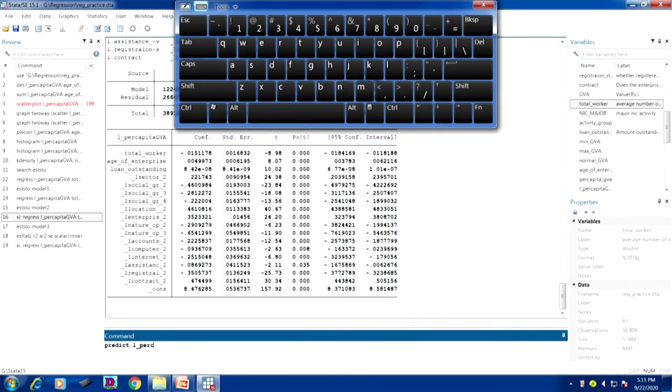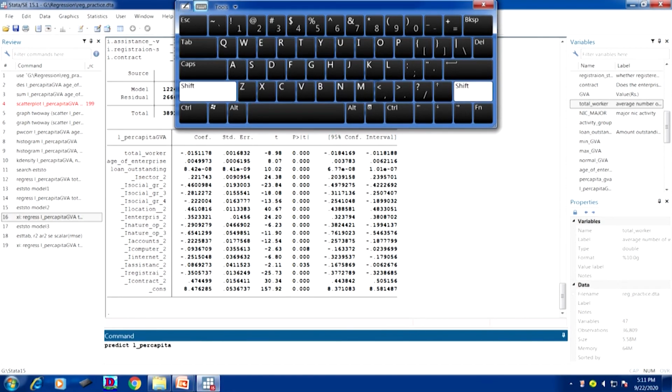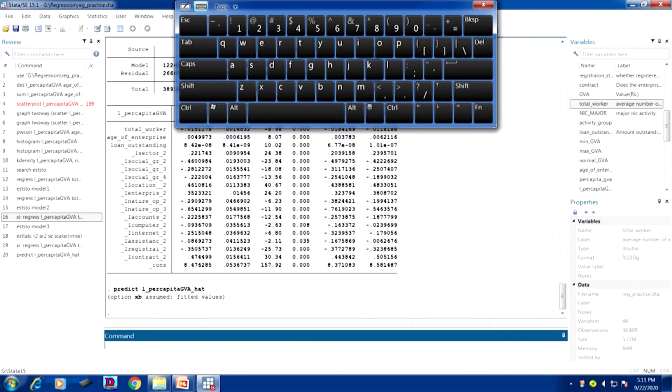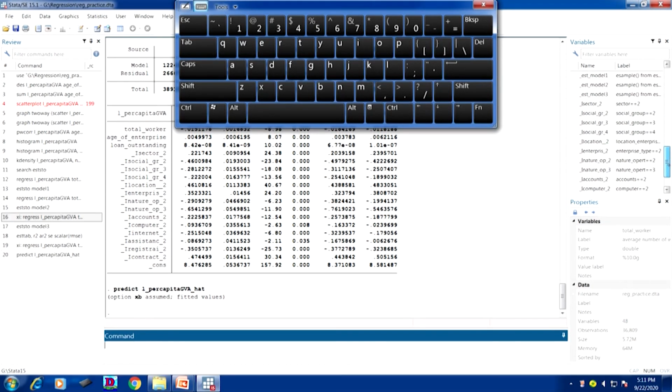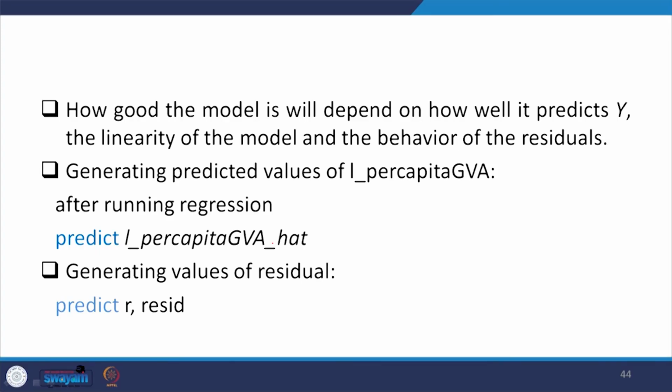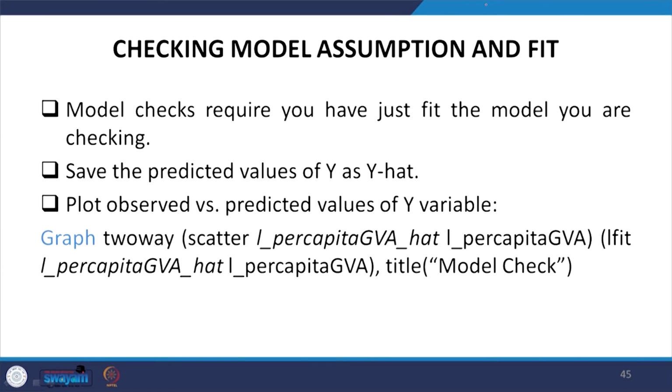Since we are predicting y, it is better to write the name with an underscore hat, and that gives a predicted variable. So, I think this is the one, yhat has already come here with the name hat. Okay. All right. So, how do we generate values of the residual with the same approach? The way we have done it is simply predict r, comma resid, and it gives the residual details.